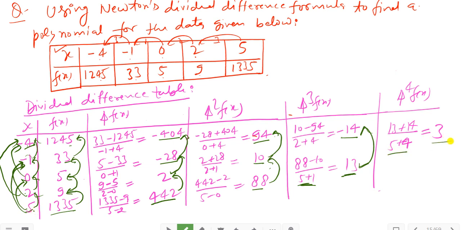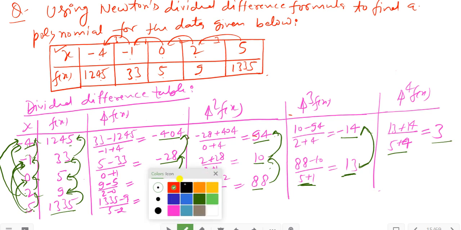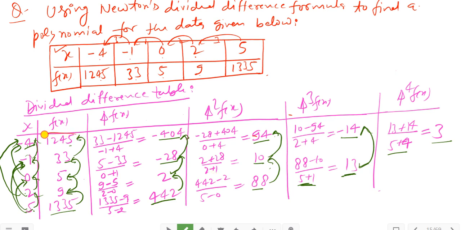So this is the divided difference table. In the table, this is x naught, this is x1, x2, x3, x4, and this value is denoted by f of x naught. This is the first order divided difference f of x naught, second order, third order, and fourth order divided difference f of x naught. And we want to compute the polynomial for the given data with the help of Newton's divided difference interpolation